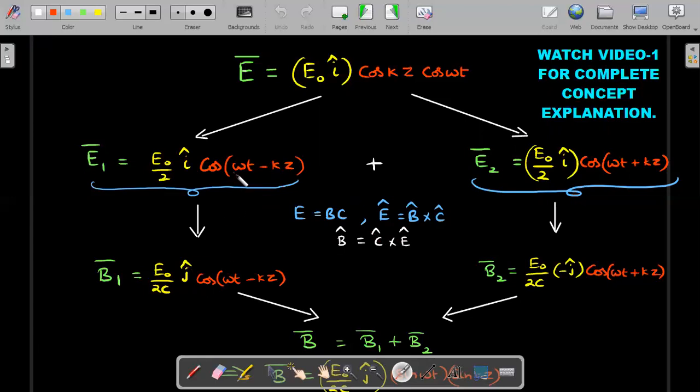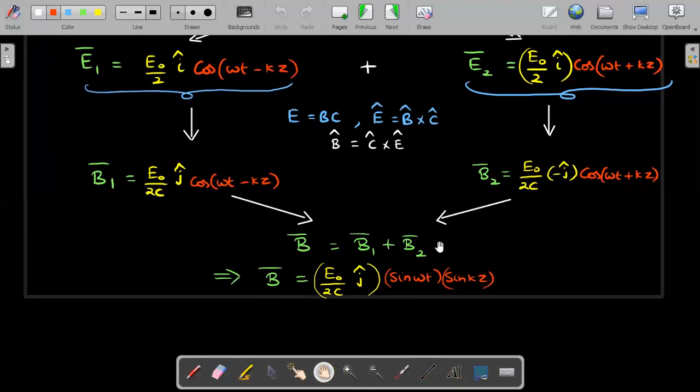And always electric and magnetic fields are in phase. So whatever is here, you should write here. Simultaneously, you do it for the same logic here. You get the cos as it is, but outside you'll get a minus j. Then you add the two because it has to produce a standing wave. So split, calculate, and then add back. You end up getting sine and sine.